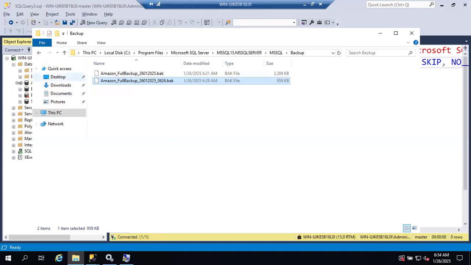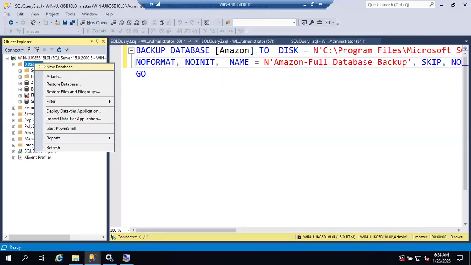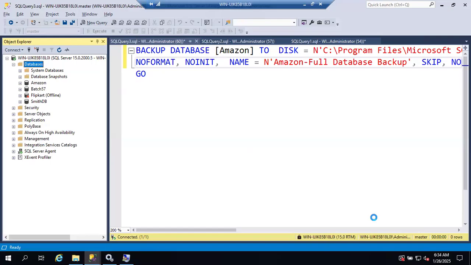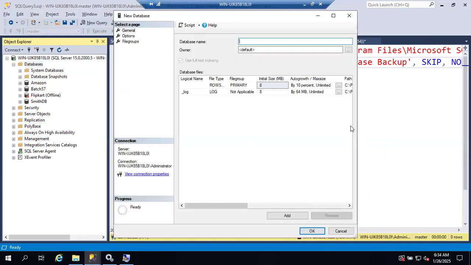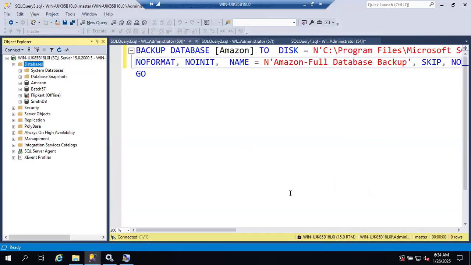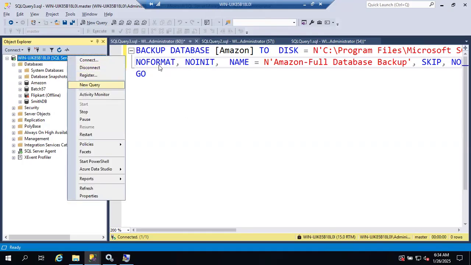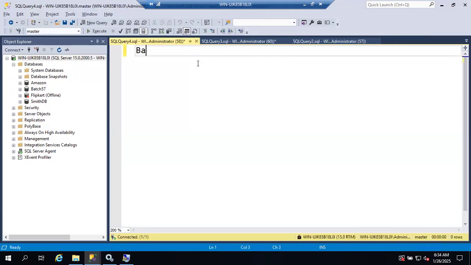I'll show you now. So let's take the backup using a command. What is the command to take the backup? Backup. Yes, you can guess it. Backup database, database name Amazon, to disk equal to, then path, path Amazon